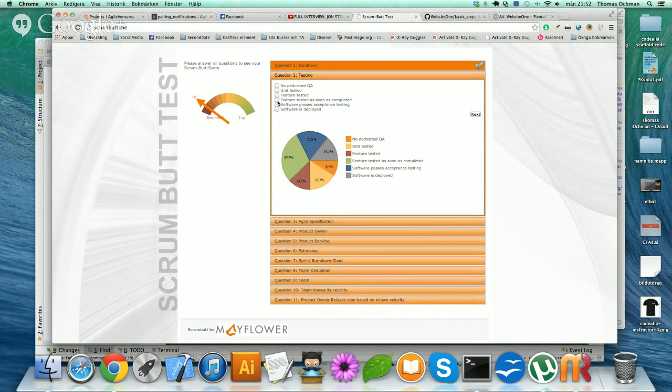I think software is deployed is probably the one. Is it? Well, I don't know. I mean, we test before we write code. Actually, the software passes acceptance test. Yeah, but it's interesting, because I thought the workflow used by website 1 or by Agile Ventures is quite